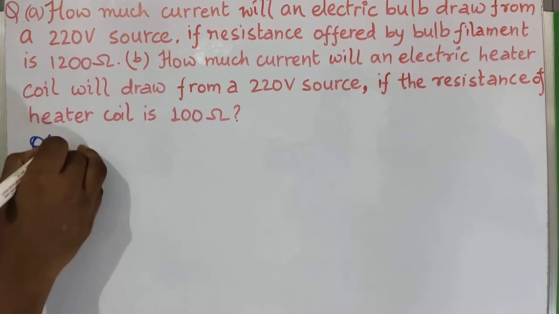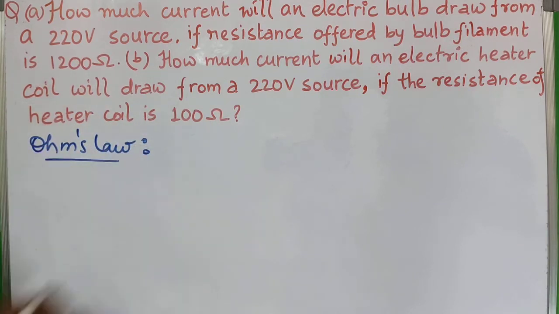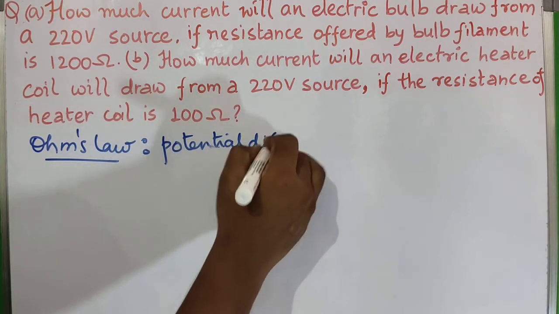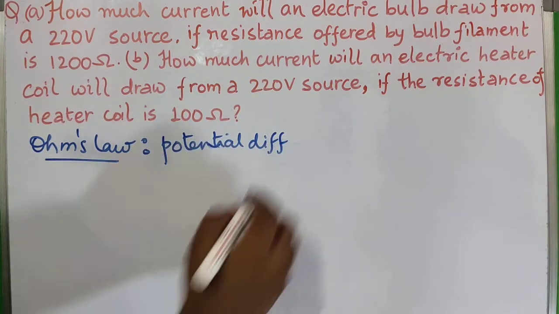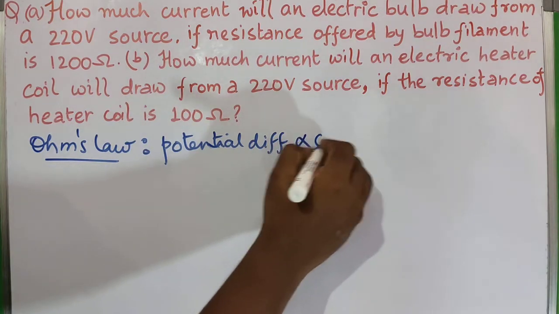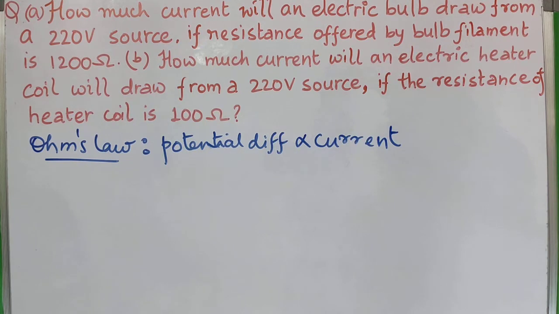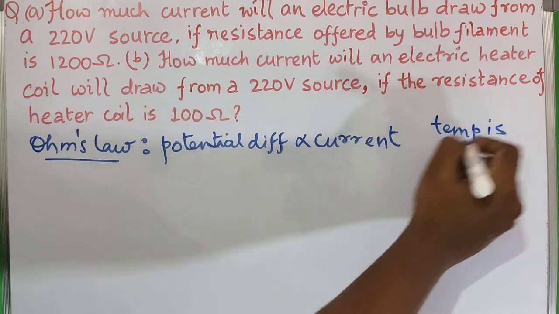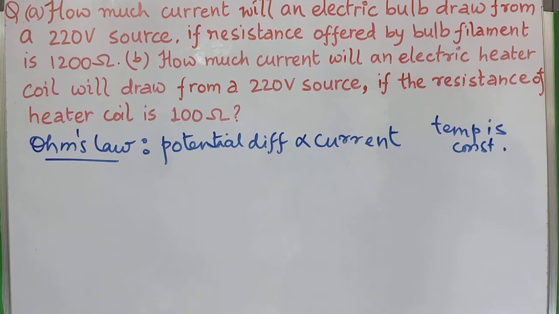Ohm's law states that the potential difference across the ends of a conductor is directly proportional to the current flowing through it, given the temperature is kept constant throughout the period. So let us assume